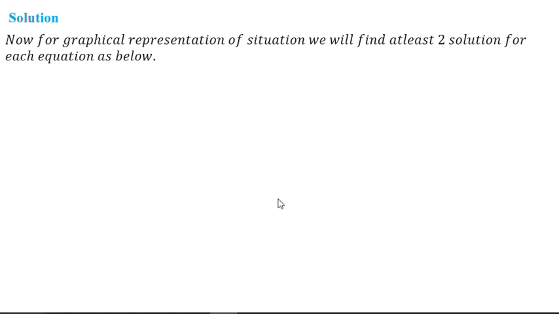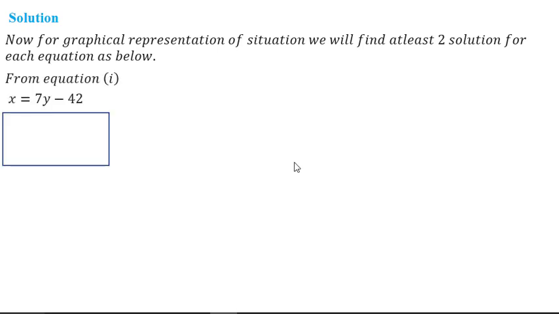But if there are 3 points, then if all the 3 points are on the line, then you will get a graph. If any point is not on the line, you will not get a graph passing through the 3 points, and by that you will understand that you are making a mistake somewhere as you are not getting all the points on the same line. So for you, you have to get 3 points. I have done 2 points.